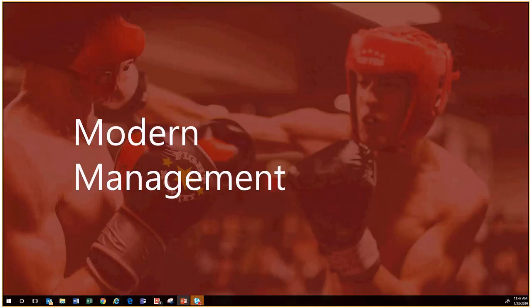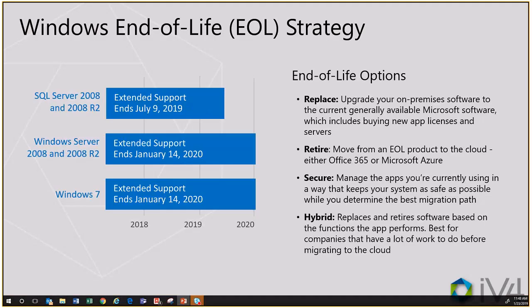So the other trend that's quite popular from a technology standpoint is modern management. And if you've been attending any Microsoft webinars or looked at it, you'll see this all over the place. It's a very much redesigning how we are handling IT today. So one of the things that's going with this is that we're at the end of life for